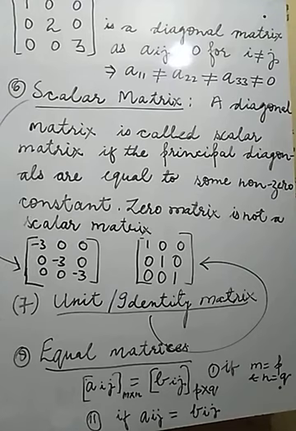It means what? Every scalar matrix is called a diagonal matrix, but every diagonal matrix is not what? Scalar. It is a particular case of a diagonal matrix. A special property is there of the diagonal matrix. What property? Here these are varying and here these are constant.